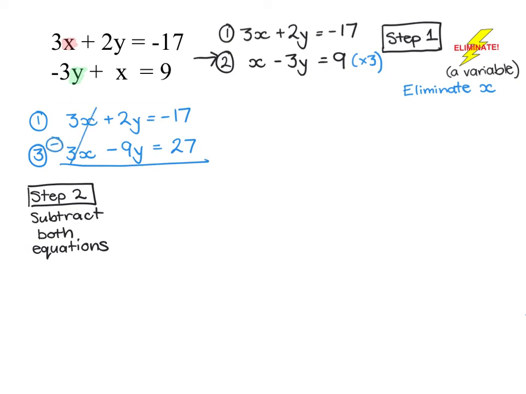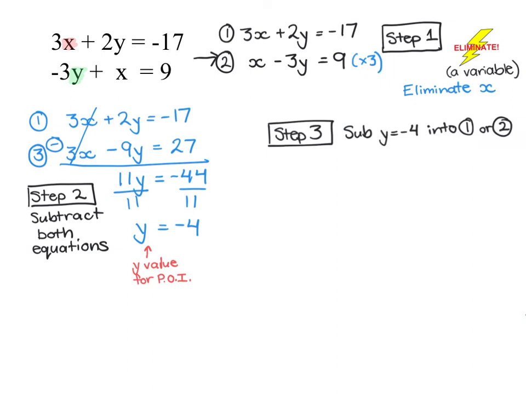Now the 3x's get canceled, so let's move on to the next one. 2y minus negative 9y is actually positive 11y. And negative 17 minus 27 is negative 44. Now let's get rid of the 11, divide both sides by 11, and we're left with y is equal to negative 4. So this right here is our y value for the point of intersection,